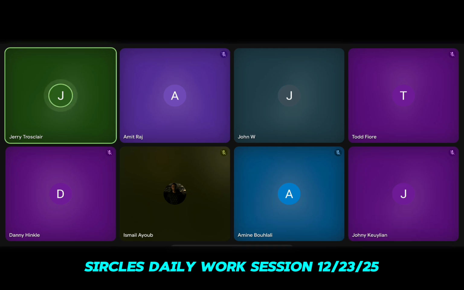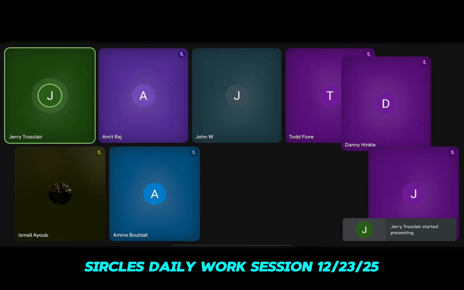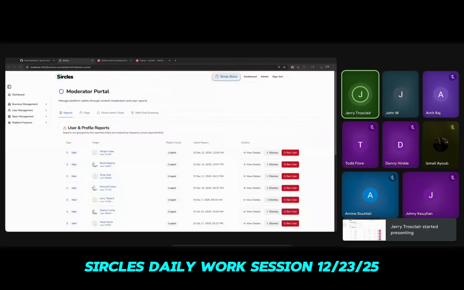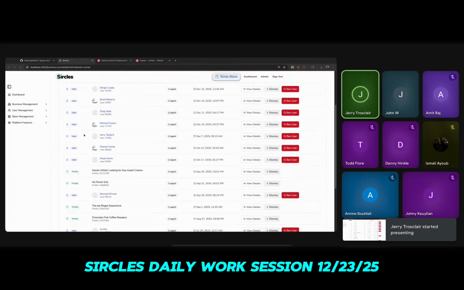Just a few extra quality of life improvements. The images are not showing just because I'm on my localhost.